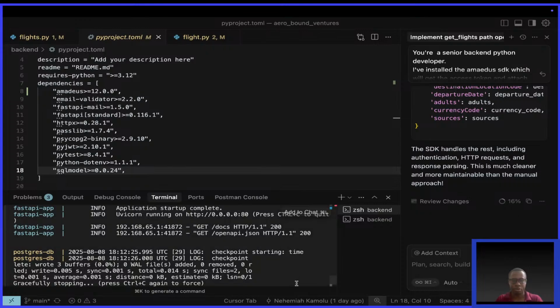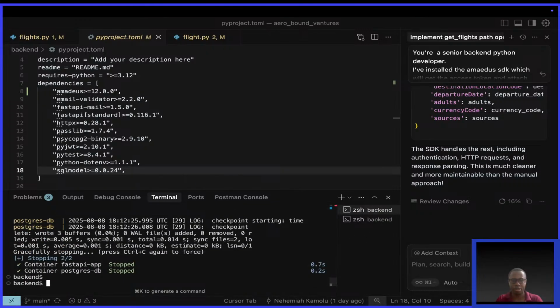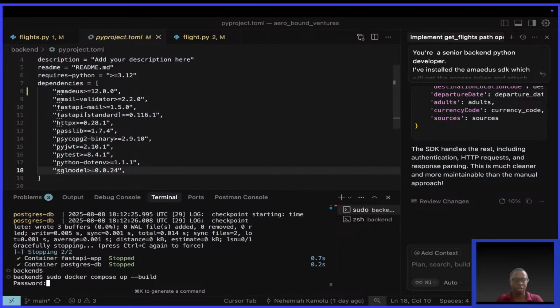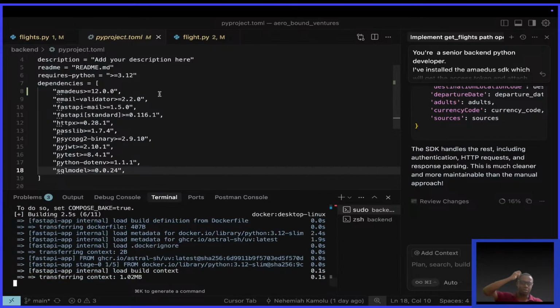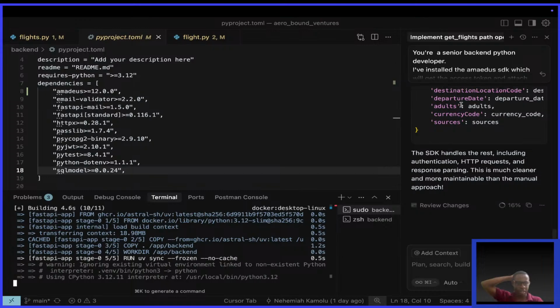I want to maybe kill and say uv add requests. I don't know. Do we need it? I'm starting to think carefully. We don't need it actually. Okay, if we need it, we shall find out. Because initially we're using it because we did not have the Amadeus SDK, but we would expect the SDK to